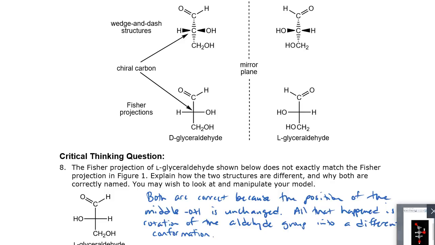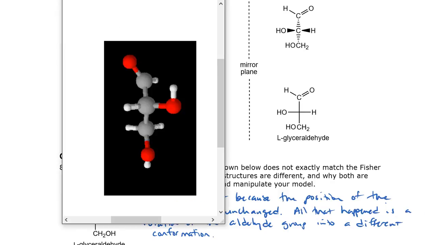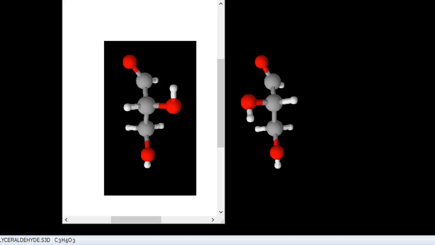Let me take a minute to compare. Okay, I was able to get these both up at the same time. So if I'm looking at this molecule, this is the D molecule. This one is the L molecule. And it's fine to rotate around. You could just spin around this carbon. This O would move over here, but that doesn't change the fact that the OH is still on the right side, so it's still D. And even if I spin around this, that OH is still on the left side, so that's still L.